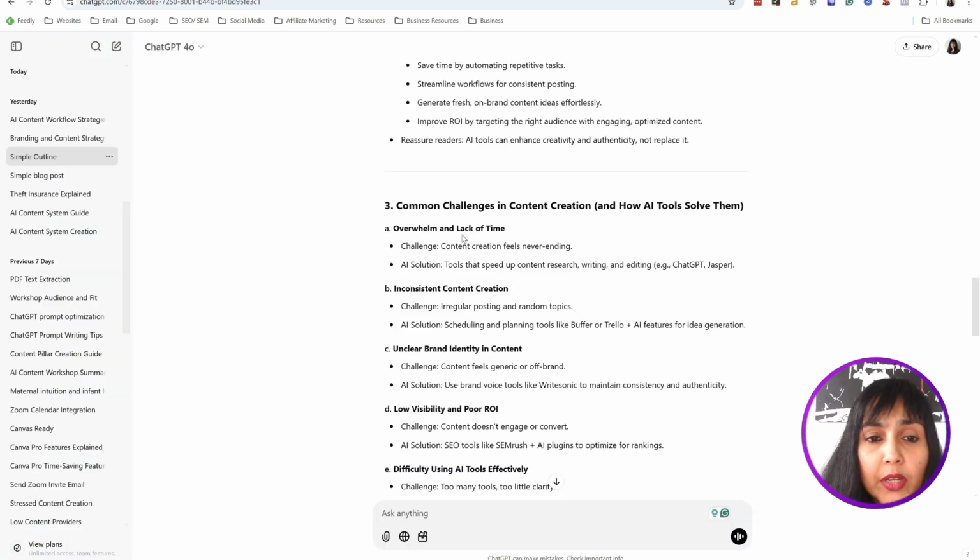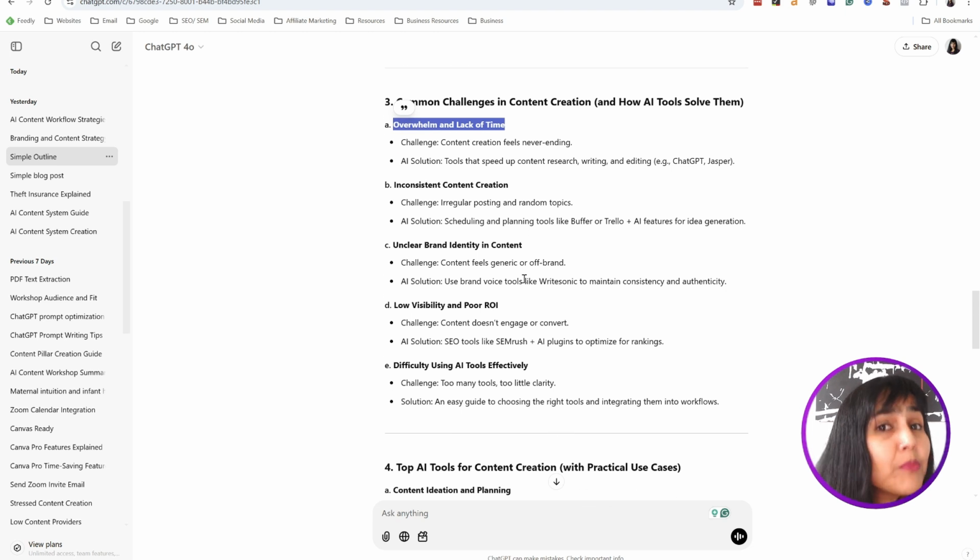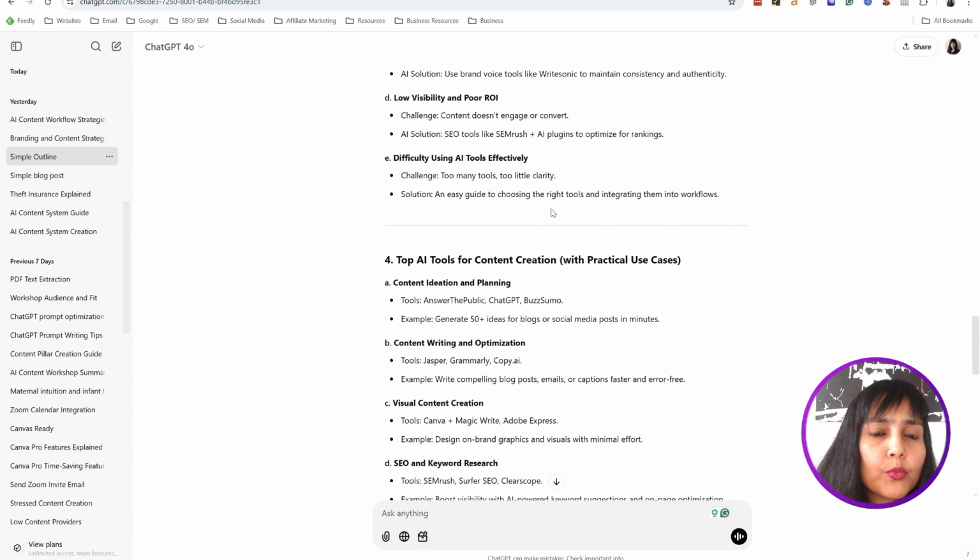Right? What ChatGPT does is it is listing the problems. Okay. Now, it is okay to also look at it in that way, like it is okay to list the problems and how AI can solve them. But when you already acknowledge the fact that you know their audience, that you know their challenges, you know their pain points, and you already think how AI tools can solve them. Because look at the keyword, AI tools for content creation. What is the search intent? Which AI tool can help me create content? Because I am having all these challenges. So it's kind of stating the obvious, the challenges, and then giving the solution, but it's okay. It's nothing to rub it.